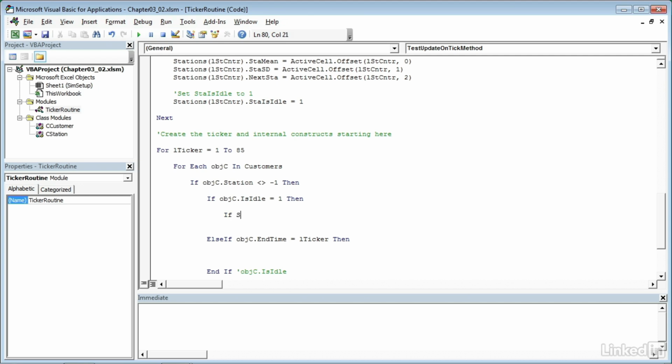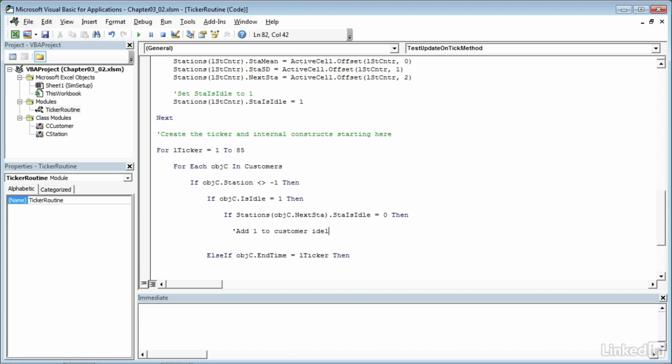So then we have if stations, and again, remember we're looking at station status, left parenthesis, objc dot next station, right parenthesis dot sta is idle equals 0, then, and then we need to add some more code below that. I won't do that in this case, but what I will do is add a comment so I'll know what to do later. So just space in twice, single quote, add 1 to customer idle time if the next